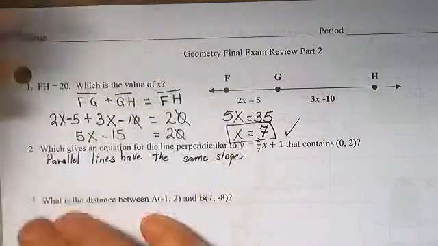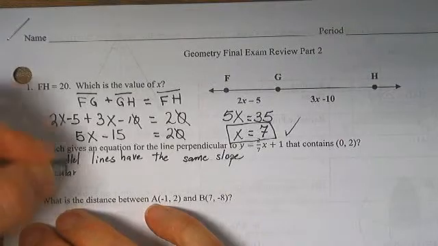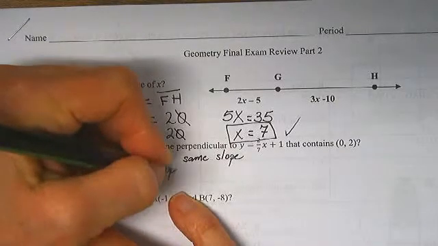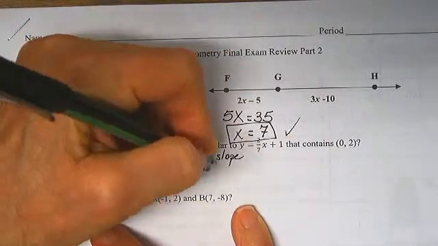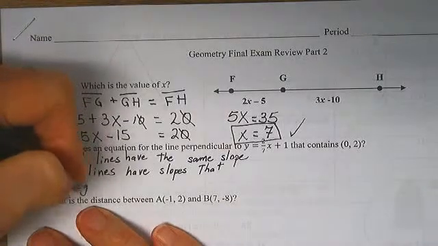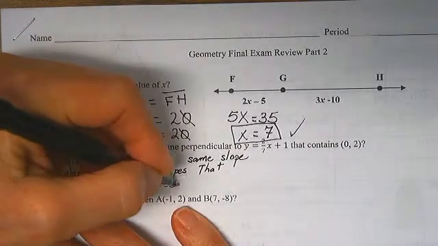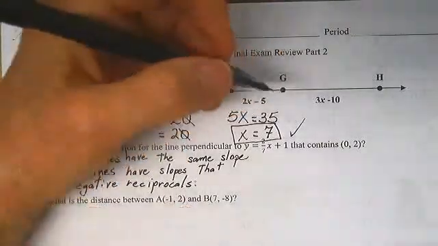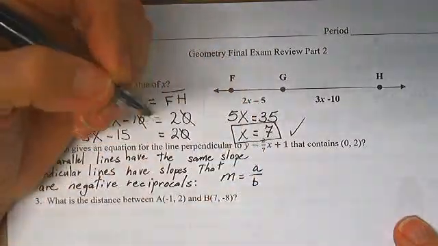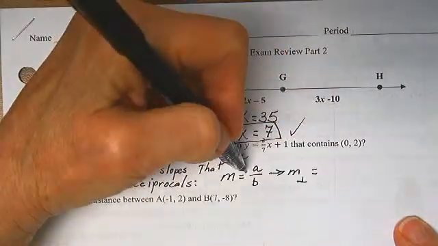And perpendicular lines have slopes that are negative reciprocals, so that if your first slope is A over B, then your perpendicular slope is going to be equal to, this one is positive, so I